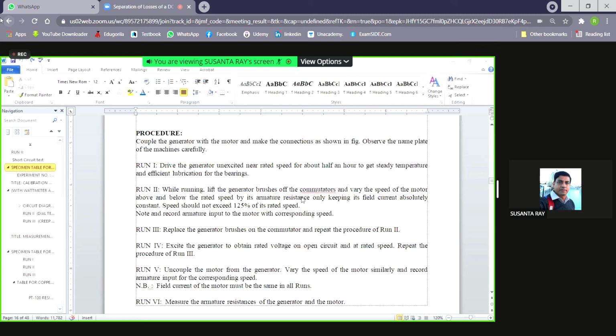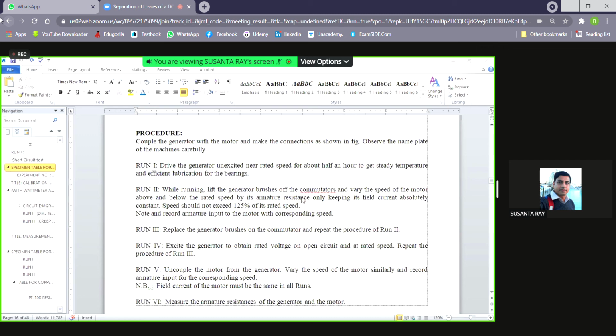So that means we can expect that in the run 3, if we do the same thing, except the generator field is not excited, then we'll not get any core loss. In this way, we can separate the core loss out. তাহলে আগের run 4 এর power reading টা থাকে, if we have the power reading for the run 4 and run 3, if we subtract core loss run 3 from run 4, then we can separate the core loss out.